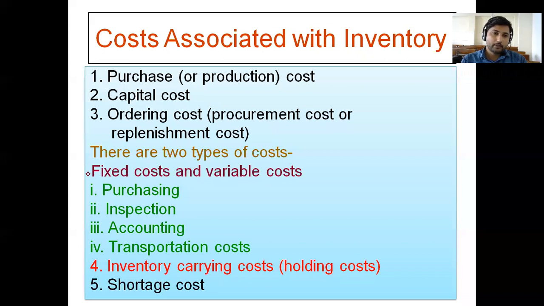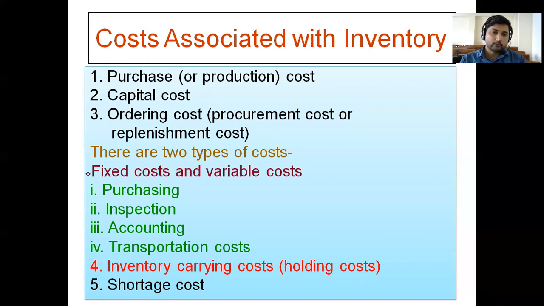If you purchase this product using 100 rupees and your money is blocked in that particular product, instead of doing that purchase, if you invest that 100 rupees anywhere else, how much return will you get? That amount will be considered as a capital cost. Then ordering cost,